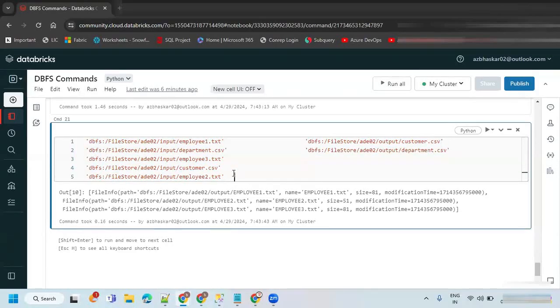If a file is starting with CSV, then I wanted to take it.